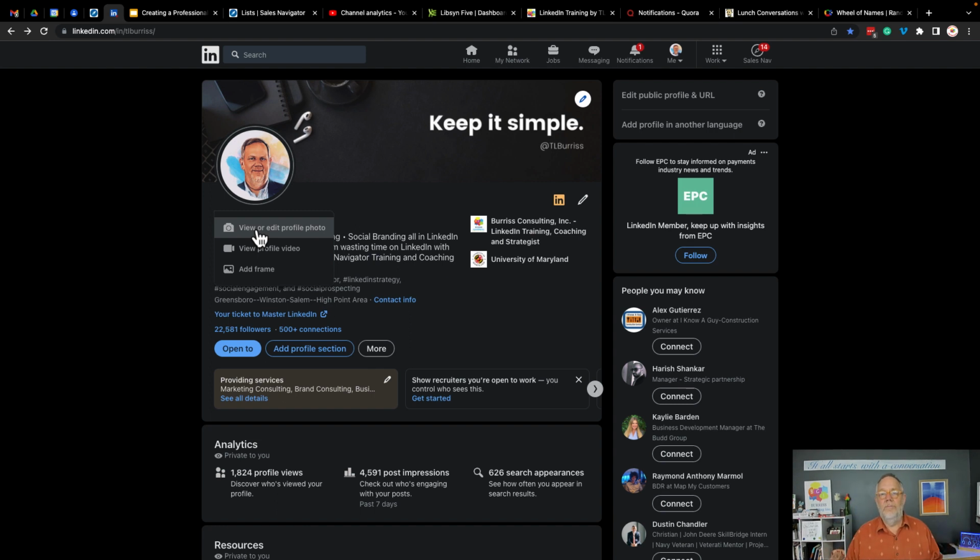I recommend if you take the picture yourself, if you use a cell phone, use the back camera, don't use the front camera. No bathroom selfies. No pictures of you with your wife or your boyfriend or your girlfriend's arm around your shoulder. No pictures of you with your kids or you with celebrities. It's a picture of you. You want to present yourself through that profile picture.